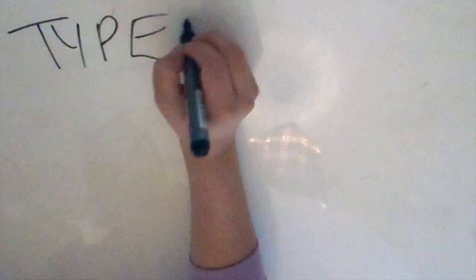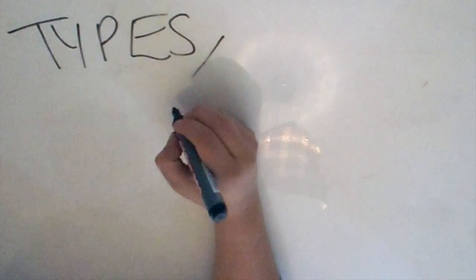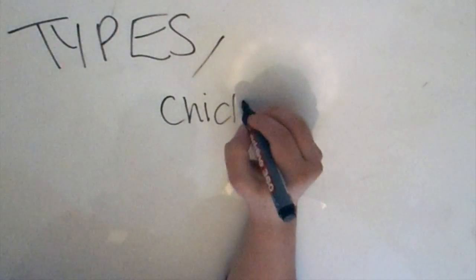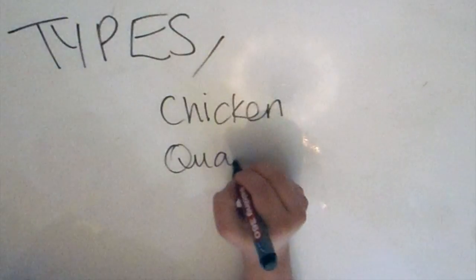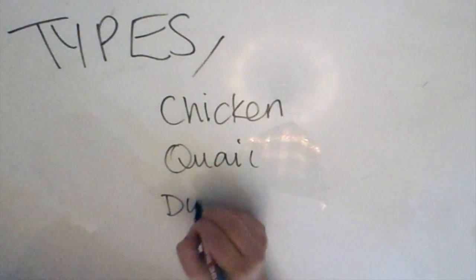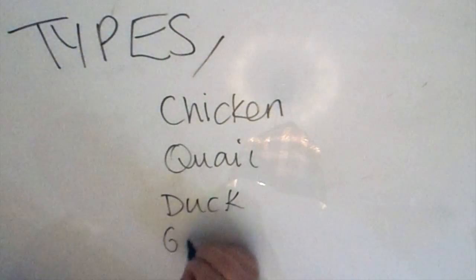So today's revision video is going to be about eggs as a commodity. To start with, I'm just going to go over some of the types of eggs that you can purchase in the UK. So we've got chicken, quail, duck and goose. These are not the only types of eggs that you can buy in the UK, these are just the most